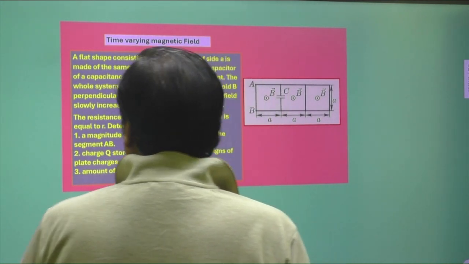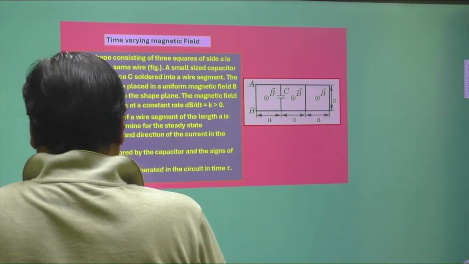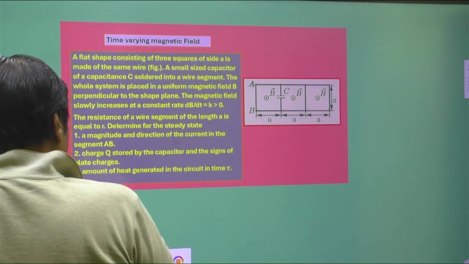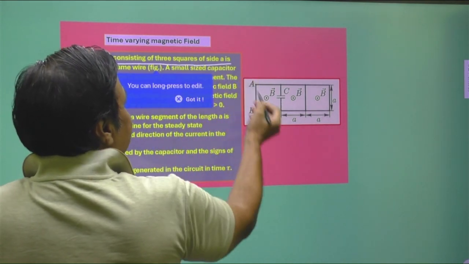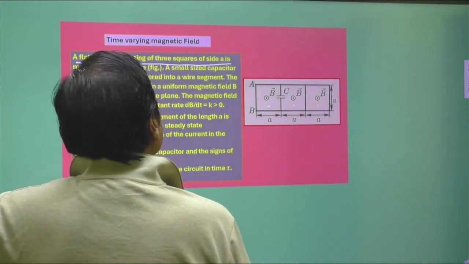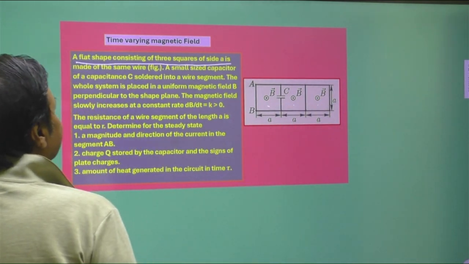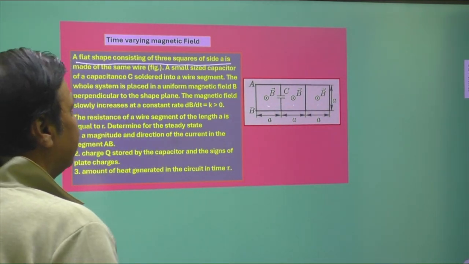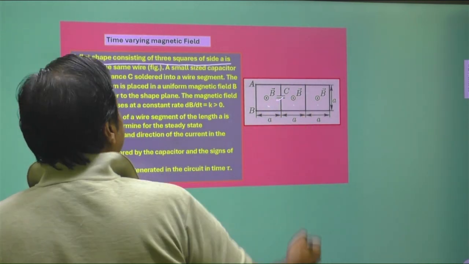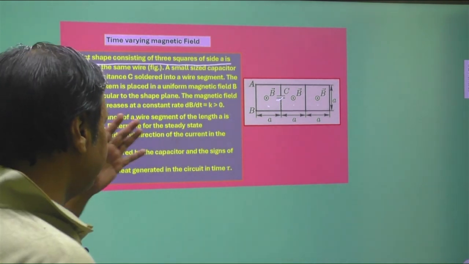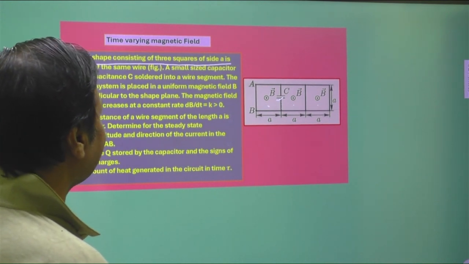So we have something on the screen for you, and here is the problem. A flat shape consisting of three squares of side A. You can see here, everything is a square with side length A, made of the same wire. A small capacitor of capacitance C is soldered into a wire segment. The whole system is placed in a uniform magnetic field, you can see here,